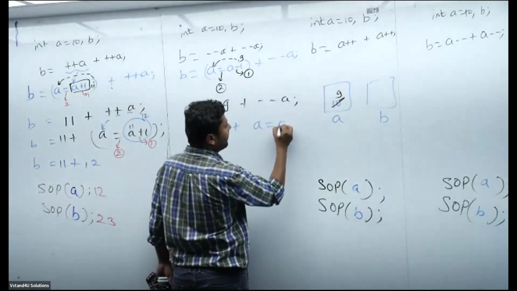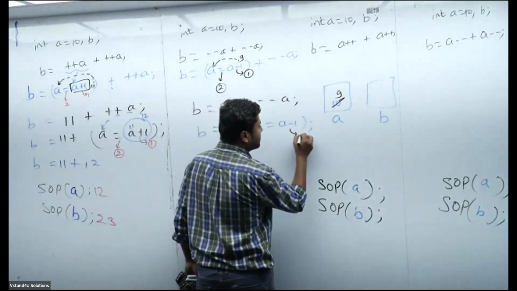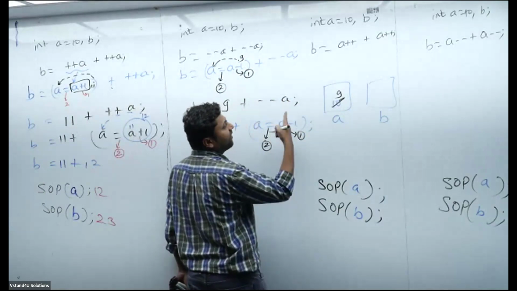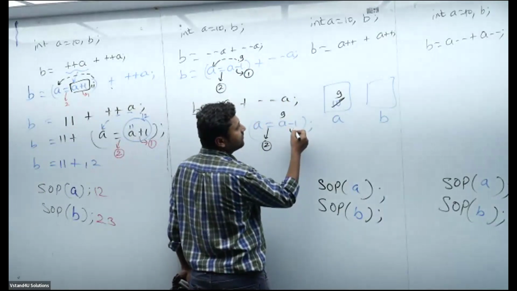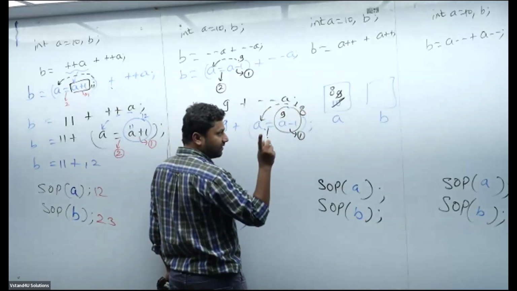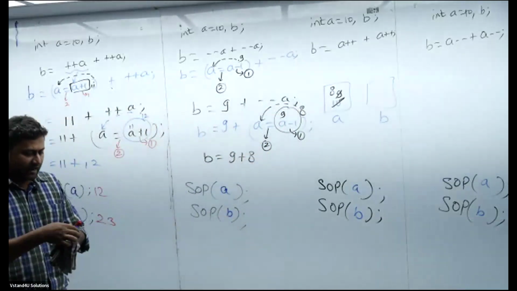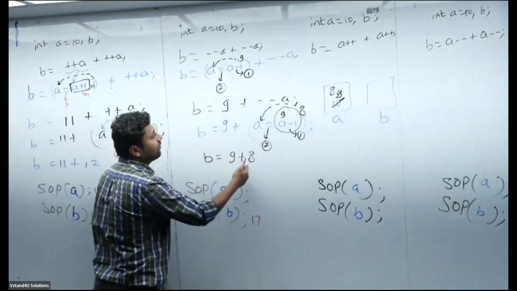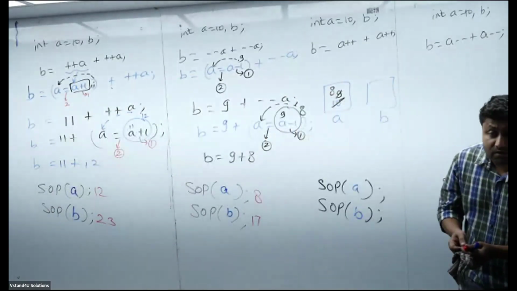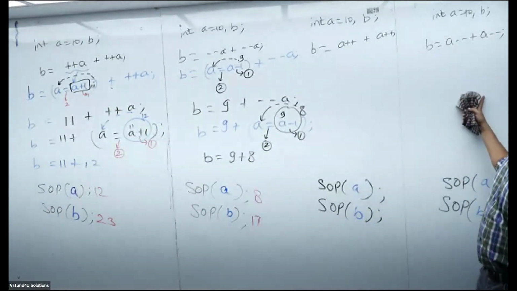This is becoming A equal to A minus 1. Pre or post? Pre means first decrement, am I right? Sir, if I check the current value of A, what is it? 9 minus 1. The decremented value will be assigned to A. Agree? So in that case, are you telling B equal to 9 plus 8? Are you with me? 9 plus 8. A is what value right now? Are you with me, guys? Everybody? Clear? No confusion? Sure? Then let me talk about this one now. Shall I? I'll do the calculation here.